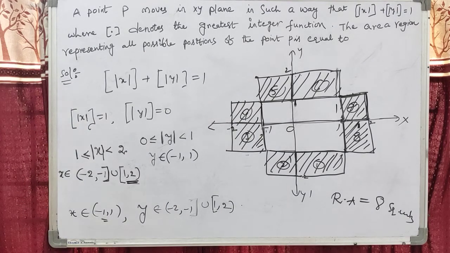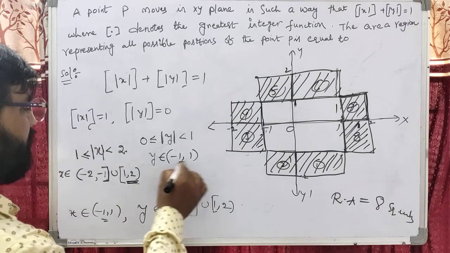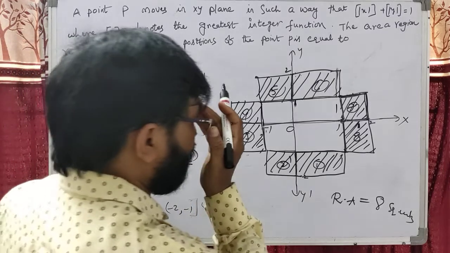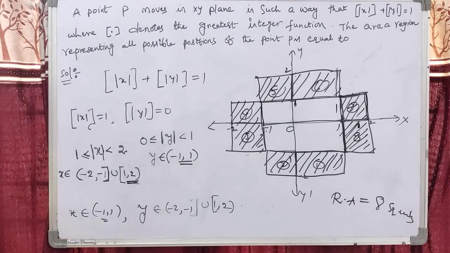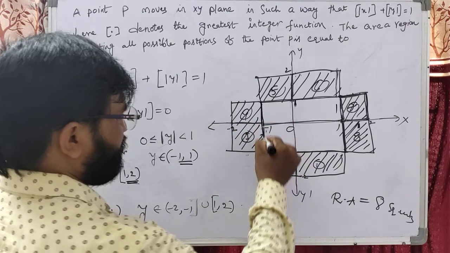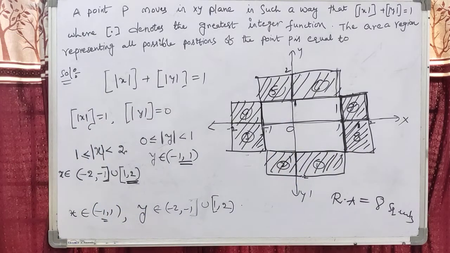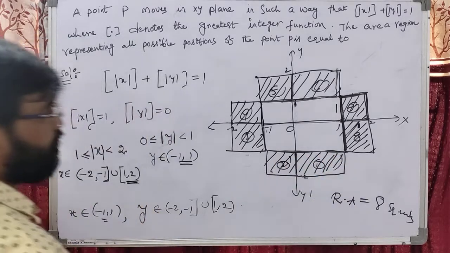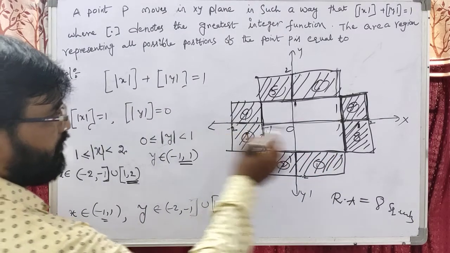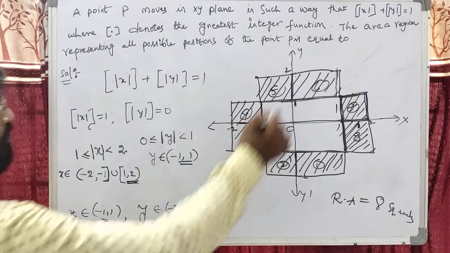Here y lies between minus 1 to 1. Dear students, y is minus 1 to 1. Okay, this is called minus 1 to 1. And x is here minus 1 to 1. Here y is minus 1 to 1 like this. After that also x is minus 1 to 1. This is the part. Okay students, but minus 2 to minus 1 is like this, 1 to 2 like this. And y we can also take as 1 to 2.